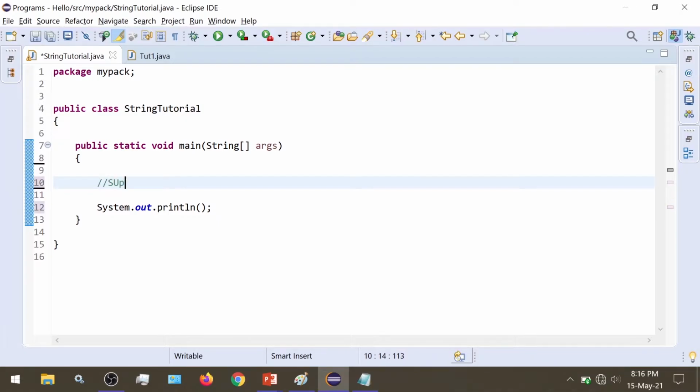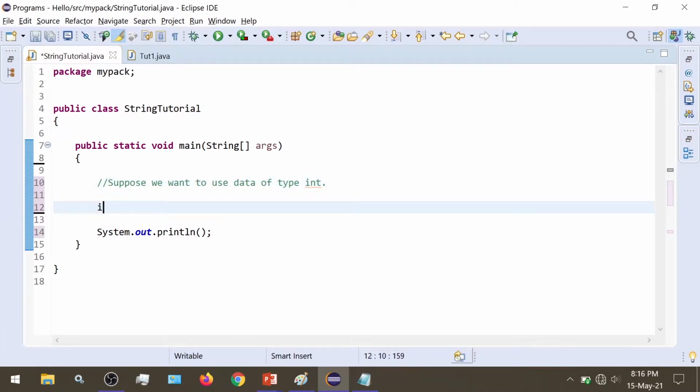Suppose we want to store an int value. First we declare the type of data we are going to use, so we first write int.